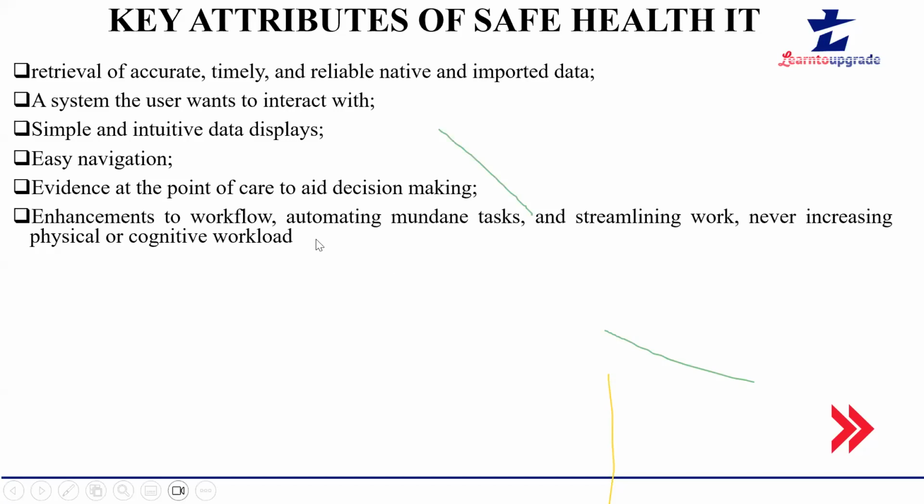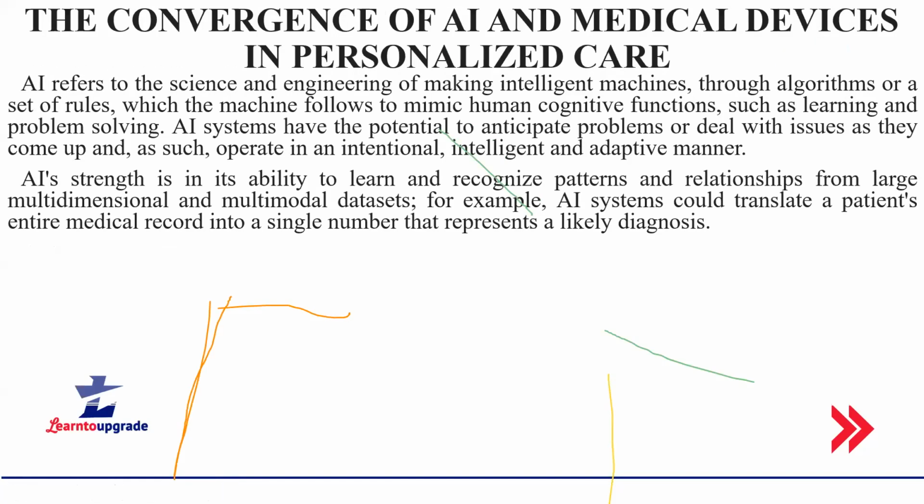And also to enhance workflow, automatic mundane tasks, and streamlining work, never increasing physical or cognitive workload. Means you need to tackle the workload. Okay, now coming to personalized care. Now what do you mean by personalized care? Personalized care means, see, each and every one of us is different from the other person. Say for example, even if we are suffering from the same disease, the manifestations will be different. The symptoms that I will show, maybe the other person will not show the same symptoms. And also in case of treatment also, maybe the kind of